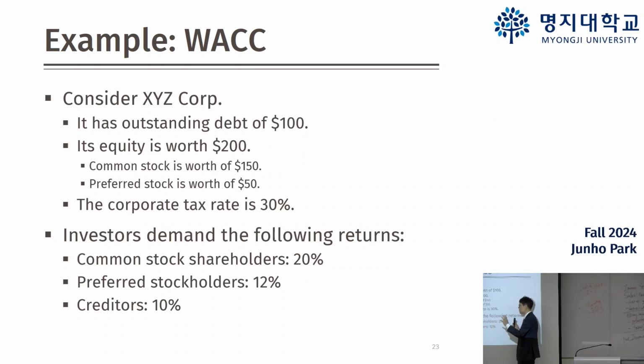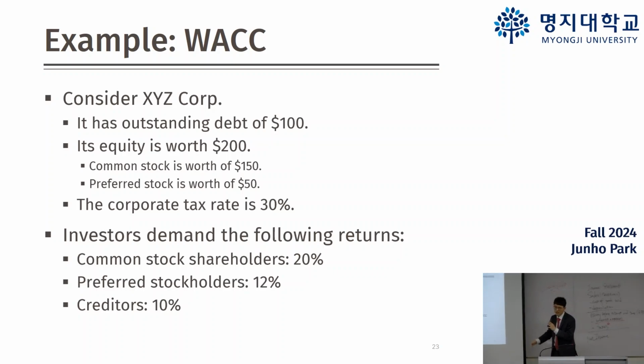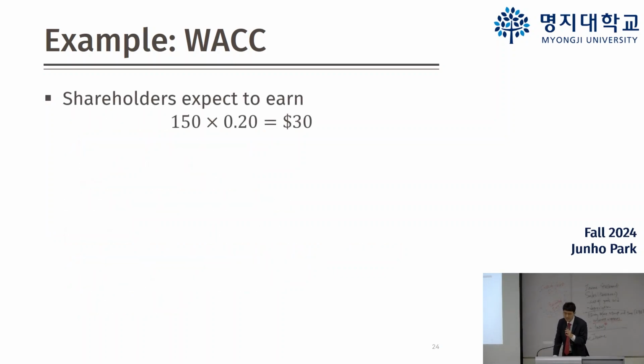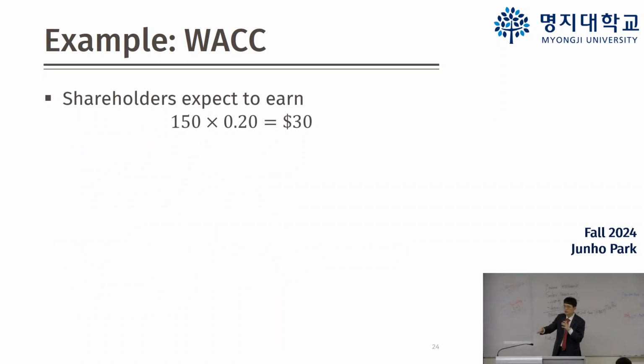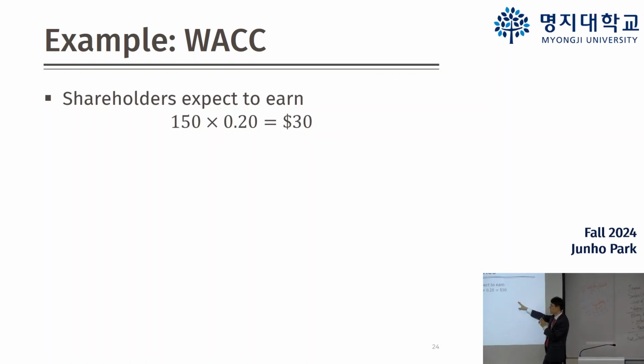demand this company to have at least 20% of return for their contribution. Preferred stockholders demand 12% return for their contribution. Creditors, the debt holders, demand 10% return at least for their contribution. And then, as a company manager, you need to satisfy these contributors. You need to satisfy both the shareholders and the creditors. And the common stock shareholders desire